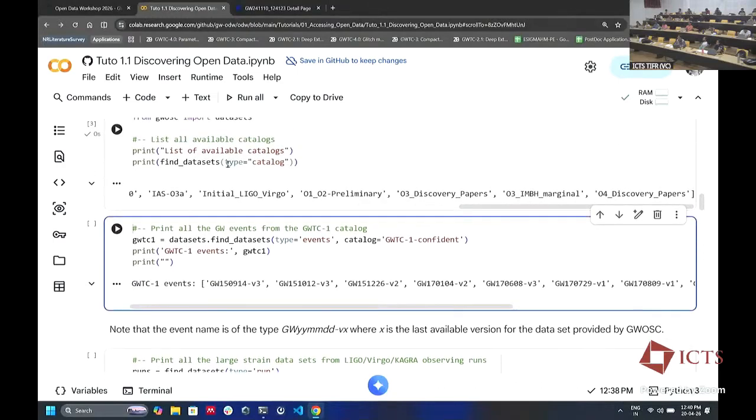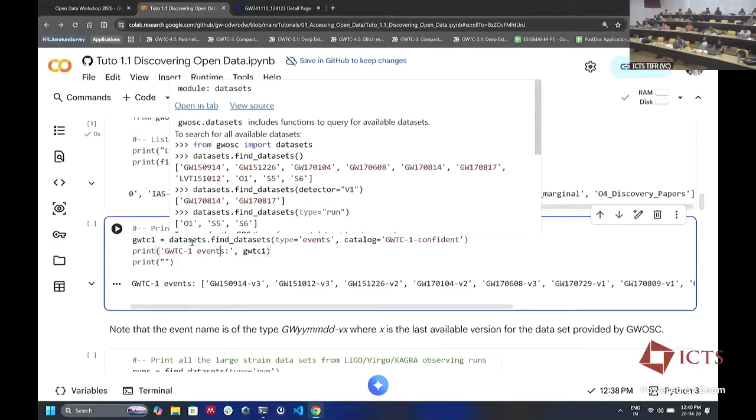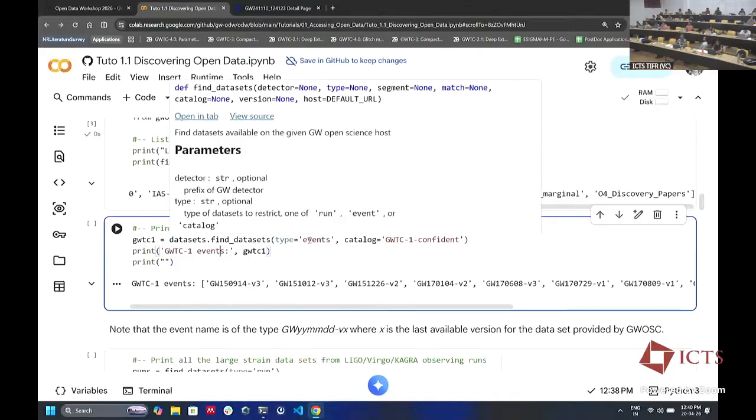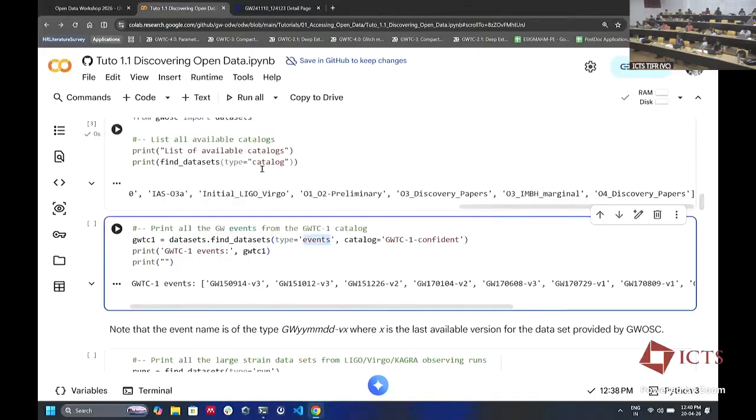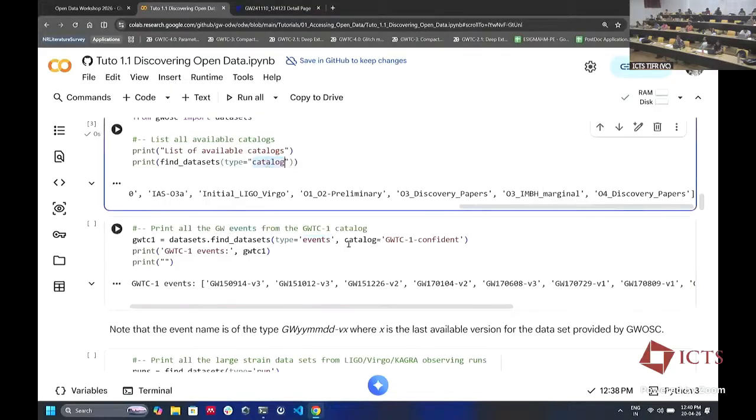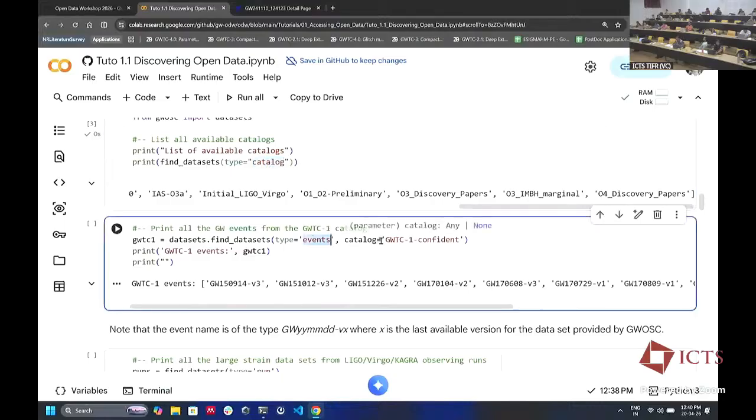Right. Next, in a given catalog, you could list out what all events were detected confidently by LIGO. So you use this function datasets.find_datasets. This time you want events. Earlier it was catalogs. And in the events, you say which events you want, from this catalog.